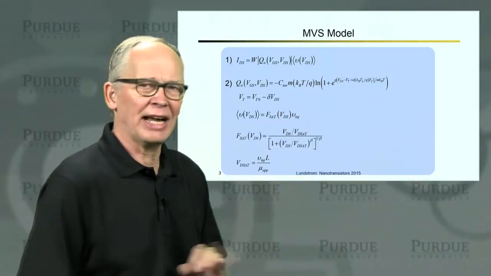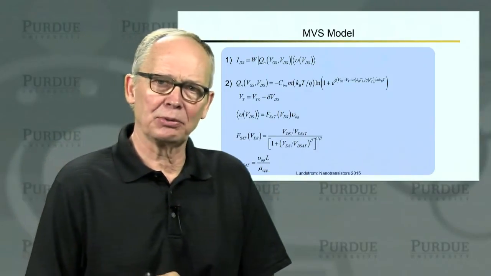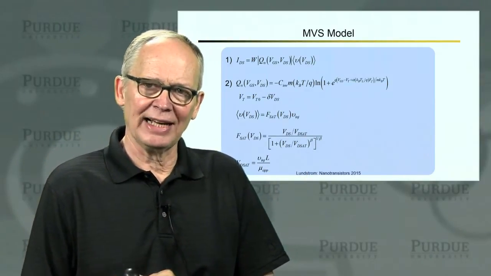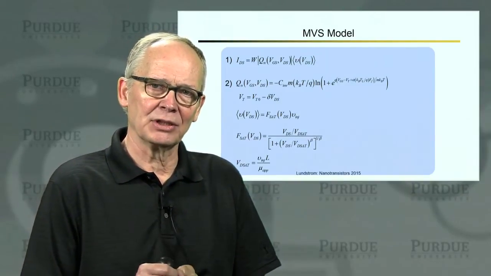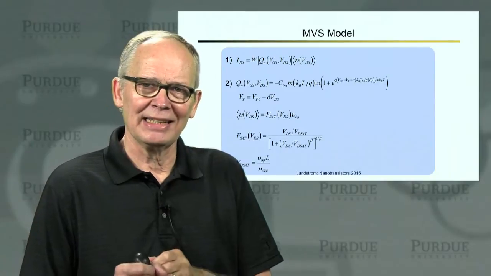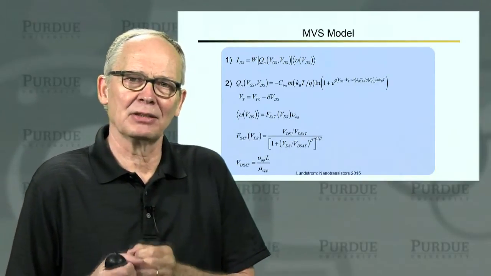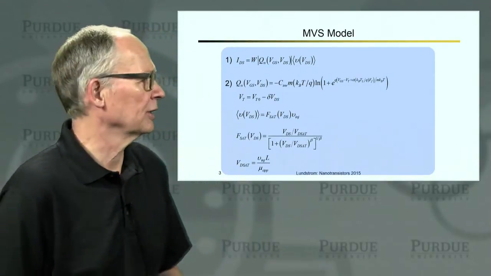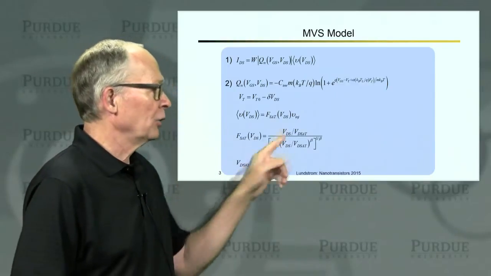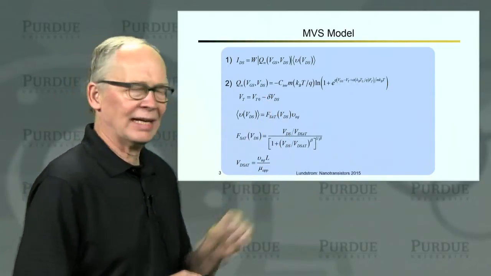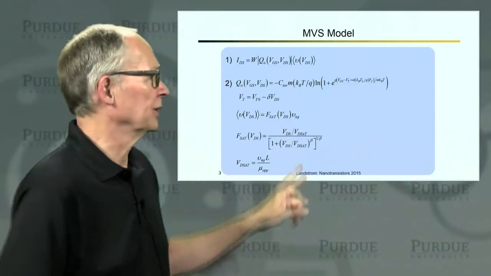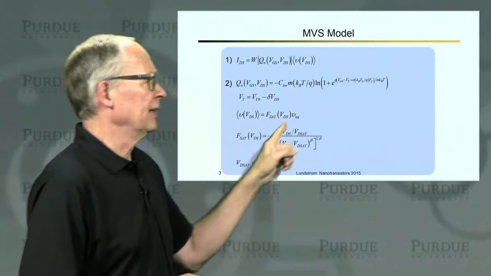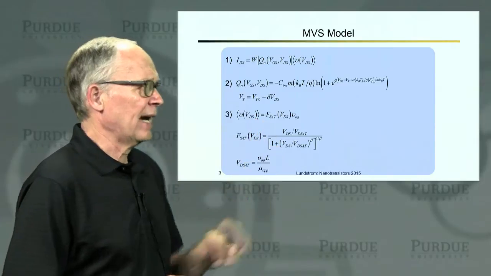There's a parameter alpha here, which is an empirical parameter, which accounts for the fact that the threshold voltage is really different in weak inversion and strong inversion, and that occurs because we can bend the bands a little more than 2 psi B in strong inversion. Okay, we account for DIBL, the fact that the drain voltage can lower the threshold voltage, with a DIBL parameter, and then we write the average velocity.